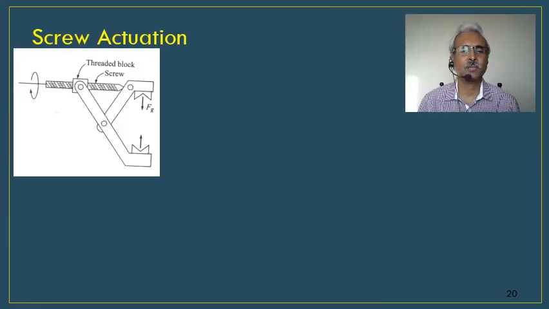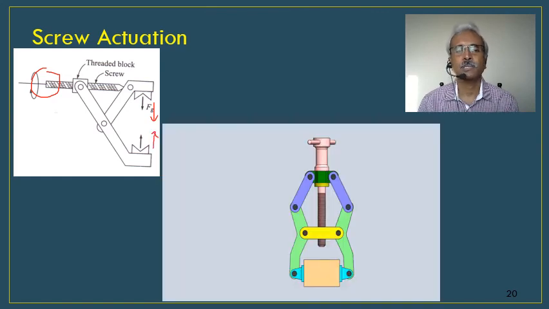So next is about screw actuation, of course typical of what we saw earlier. Wherever it's a screw type, it's easy because you can just put a motor over there. So the diagram is self-explanatory. As this screw is being rotated, these two jaws move like this, and the gripping force is given. Now I'll play a small animation here. You can clearly see how this screw actuation gives you the opening and closing.